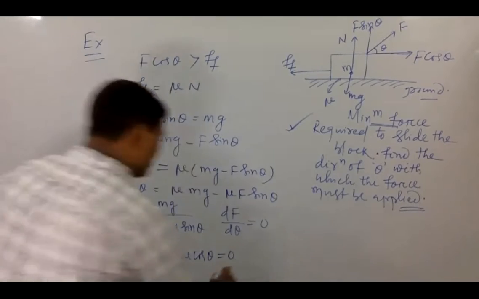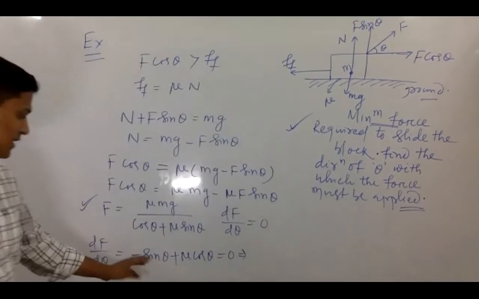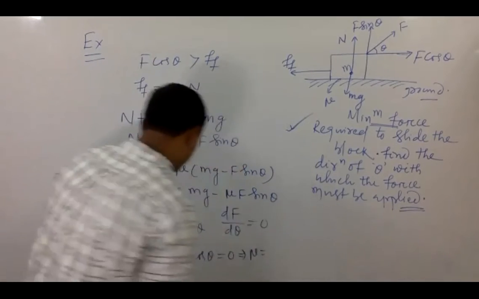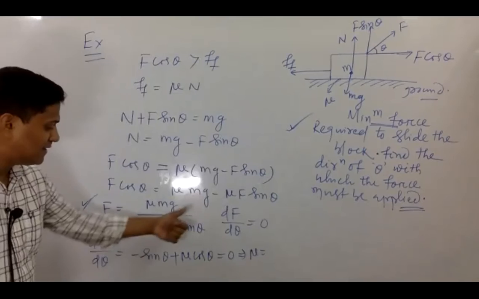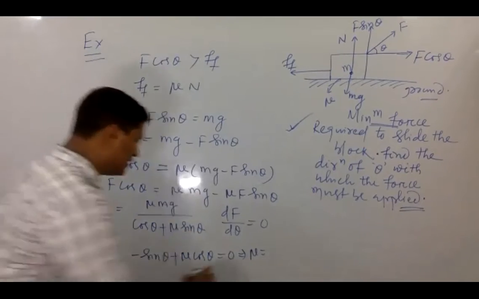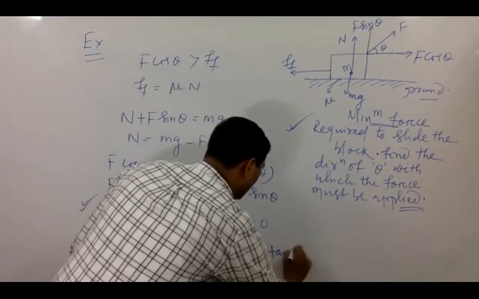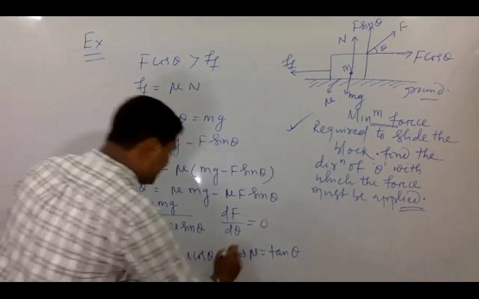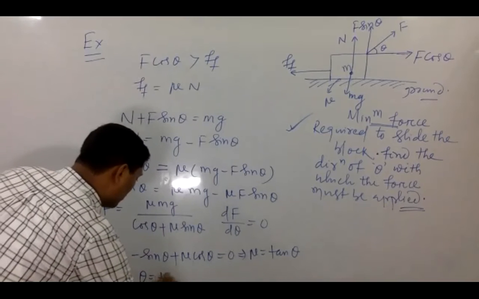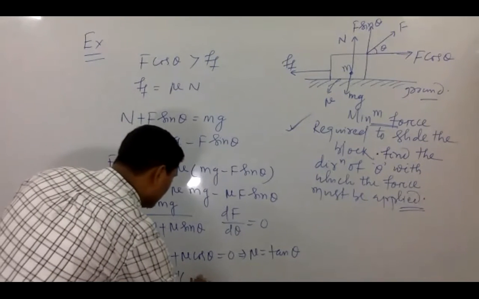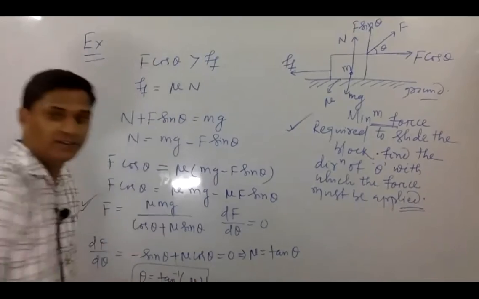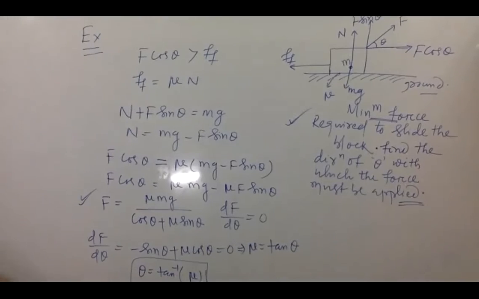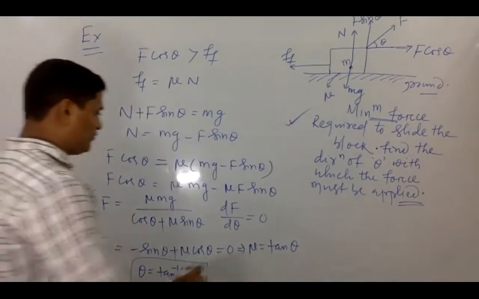By equating this, you take sin theta to one side, then divide by cos theta, then you get mu is equal to tan theta. So for the force to be minimum, the minimum force required, theta is going to be tan inverse of mu, right? So the value of theta is tan inverse of mu, students. I think it is visible, correct? Theta is equal to tan inverse of mu. And once you have got theta, you can find F also. Just put the value of theta here.